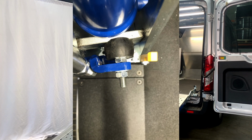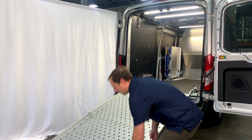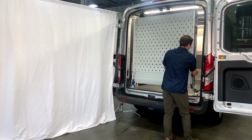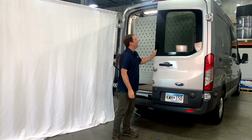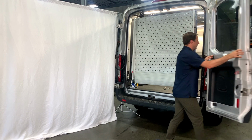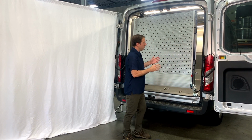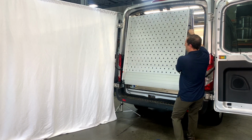I am going to remove the pressure from the back nut and go ahead and thread this. We're just going to thread this all the way in, and I can show you what happens if we were to do that. You'll notice now the ramp is leaned significantly further into the vehicle and doesn't make contact with the body at all. If you like how you have it positioned here, what we'd want to do is go ahead and even that out. So what I would do is deploy it again,